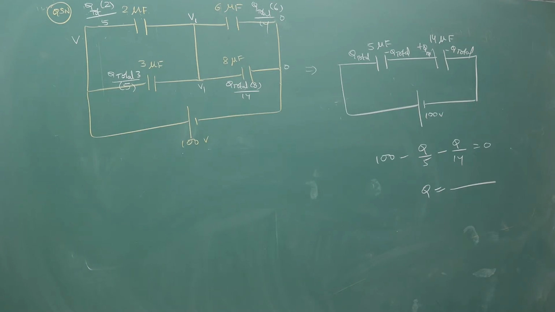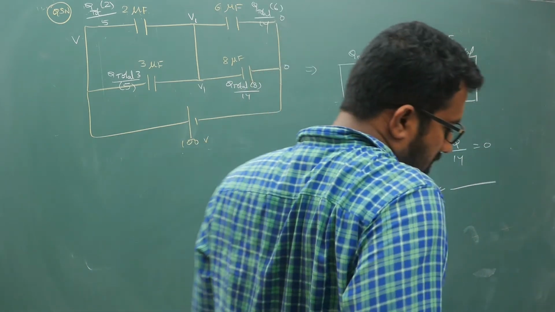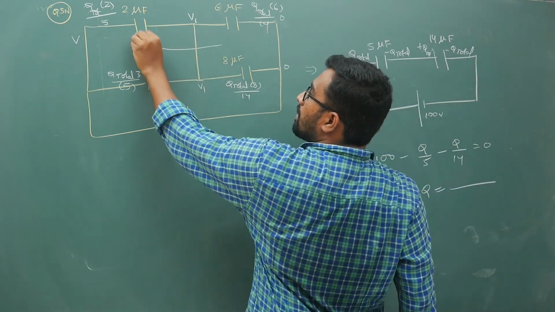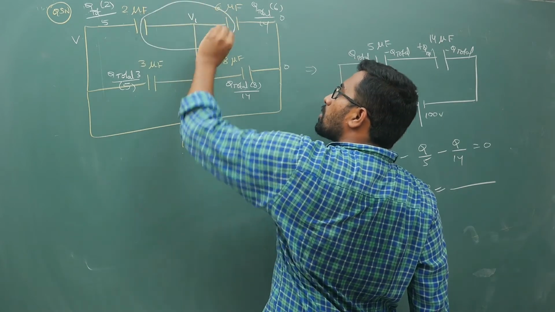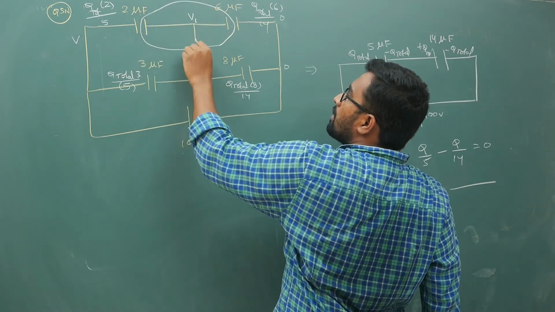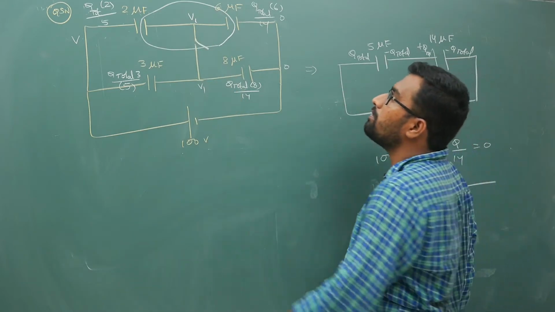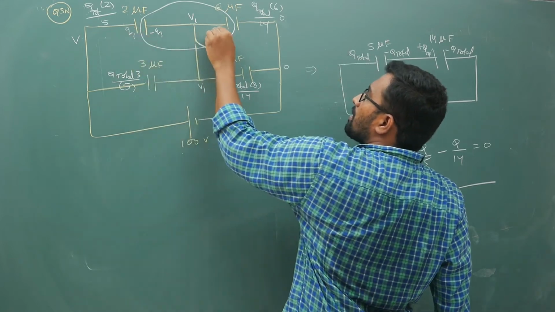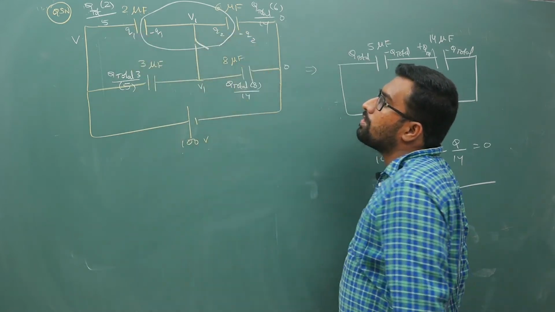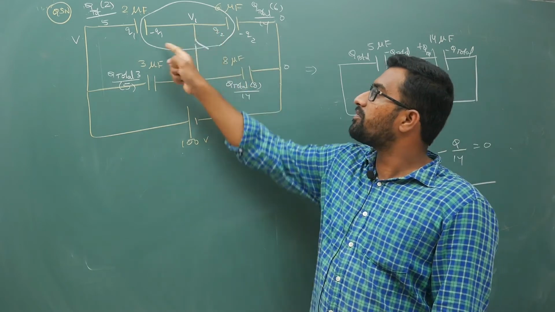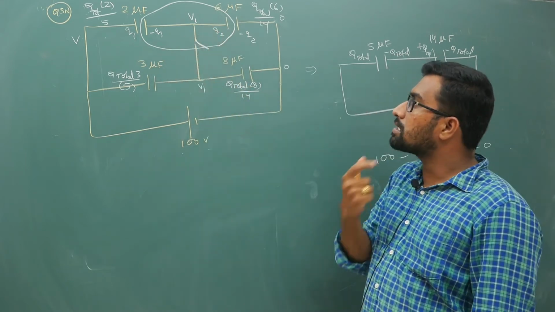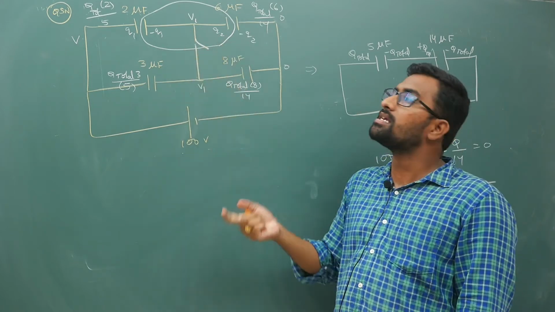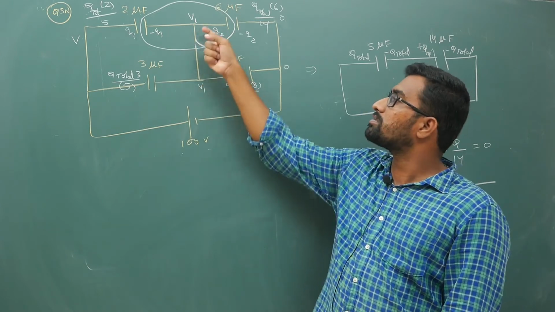Now if you are asked about the charge flowing through the switch: before, when they are in series and the switch is open, in this closed part your enclosed charge is 0. But now you have different charges, some minus Q1, plus Q1, minus Q1, now plus Q2 and minus Q2. So in this region, the net charge before is 0. Now it is Q2 minus Q1. So the total charge flown is Q2 minus Q1. From where did that come? When the switch is closed, it flows through the switch.